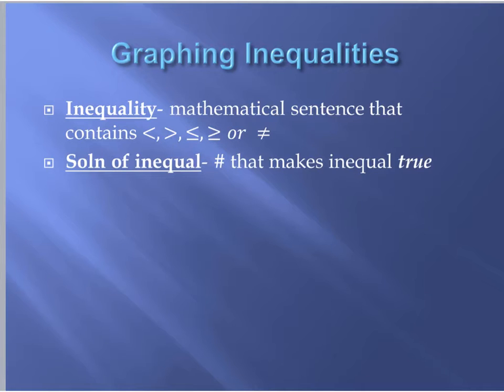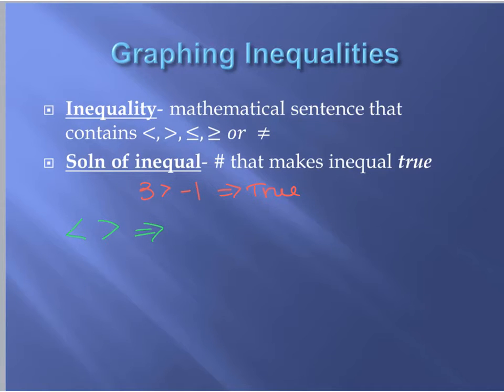When we're looking at solutions, a solution of an inequality is a number that's going to make that inequality true. So if I give you something like 3 is greater than -1, this is true. When we go to graph inequalities, if you are looking at the less than or the greater than